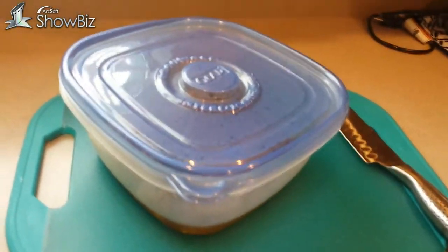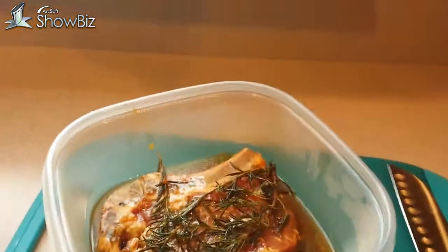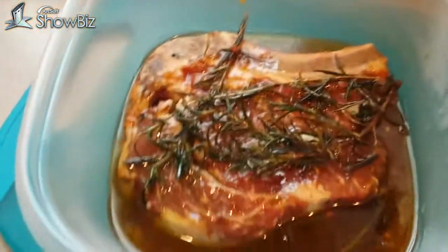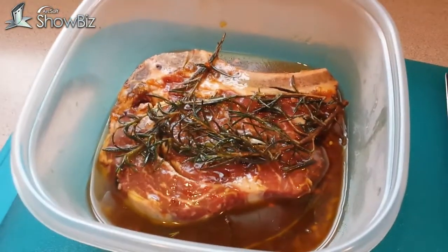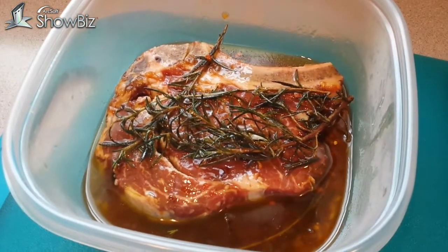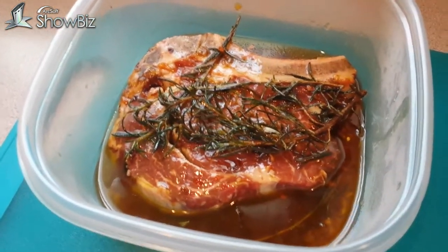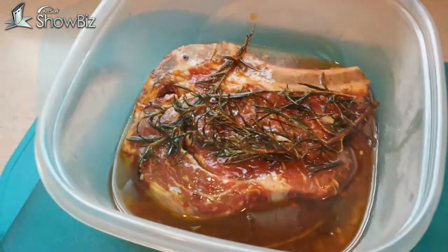Alright, so now it's noon, and I'm fucking starving. So I flipped this thing around a few times. It's been soaking for a few hours. That's all you really need to get the good flavor in there. So I'm gonna let this get to room temperature, because it's always best to cook good meat once it's relaxed for a while at room